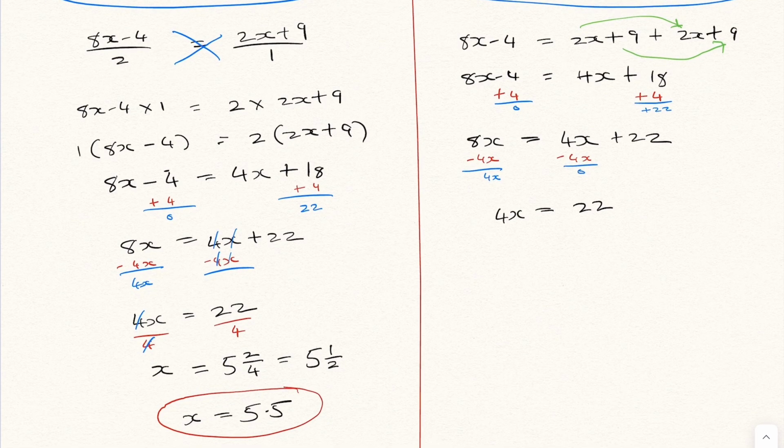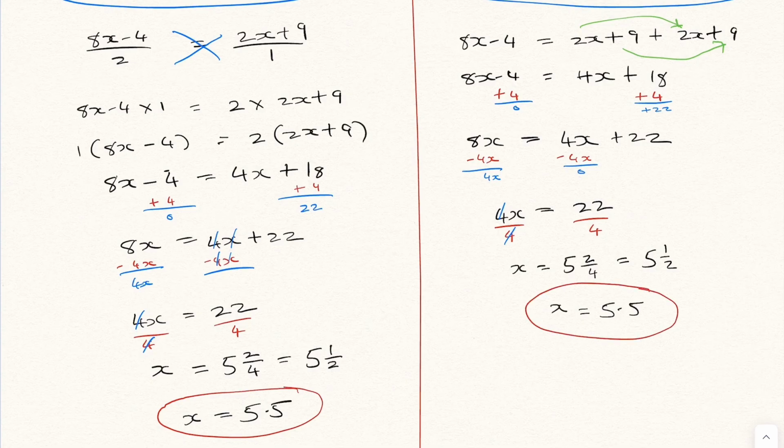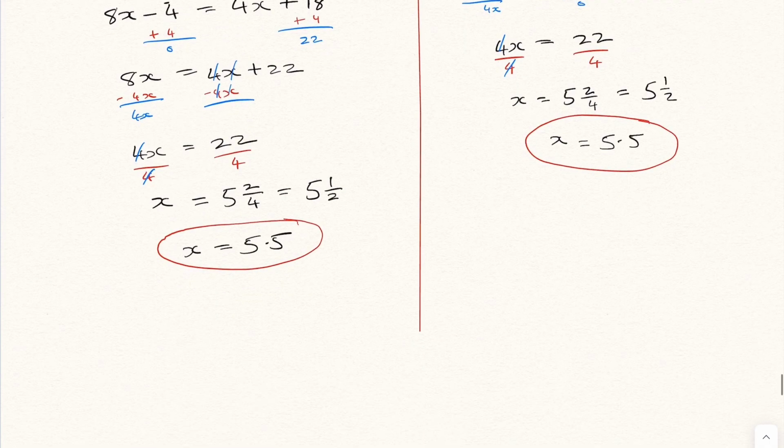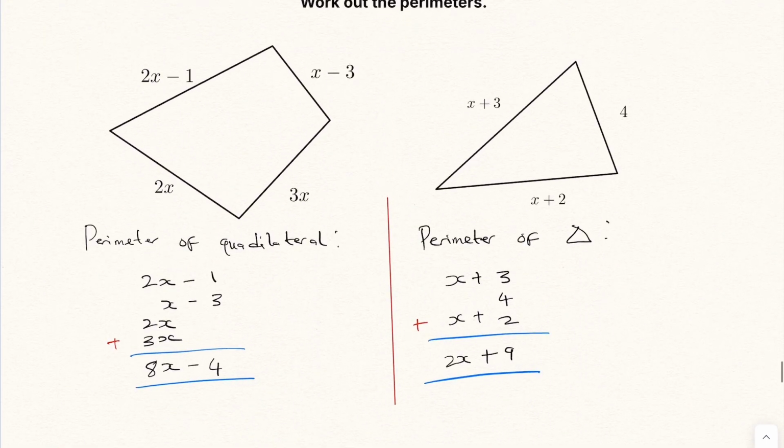So at this point, we are going to divide both sides by 4 in order to take away this 4 here. So this 4 takes out this 4 and leaves us with x, and like in the other place, 22 divided by 4 is 5 times remainder 2 over 4, which is the same thing as 5.5. I think this method on the right hand side is quite shorter than the method on the left. Anyways, we have the figure for x now, so we can plug it into this equation to get our